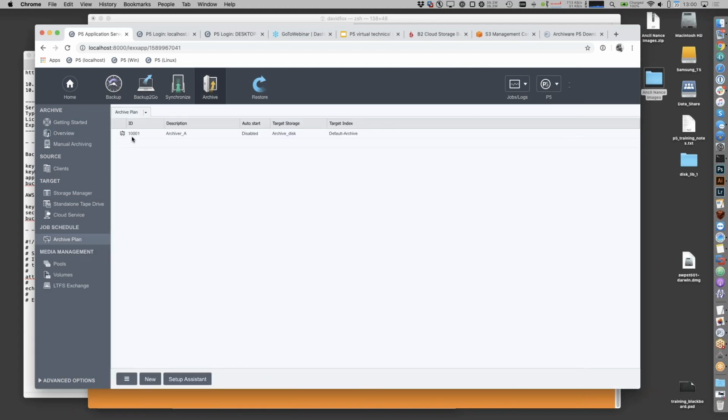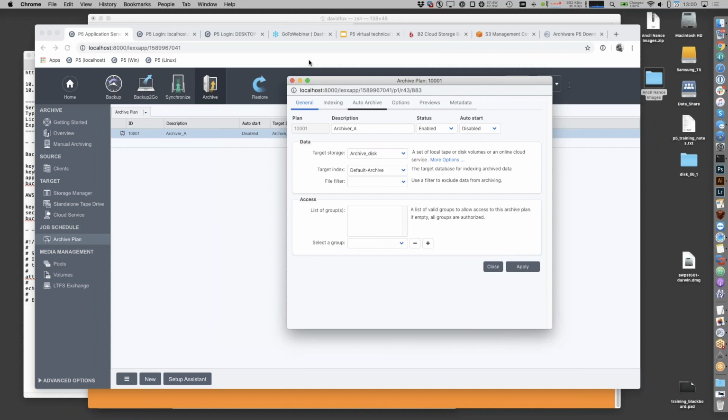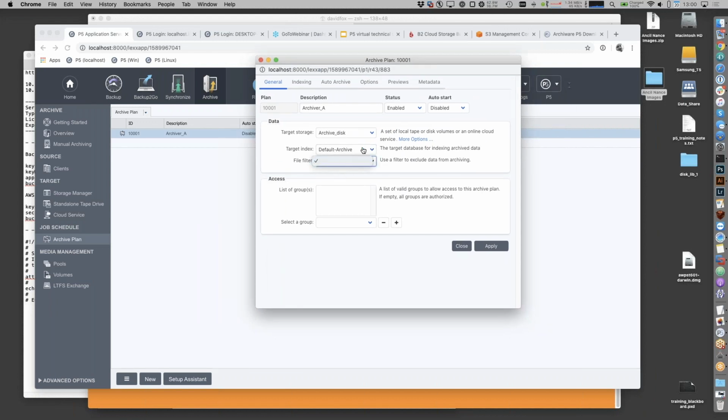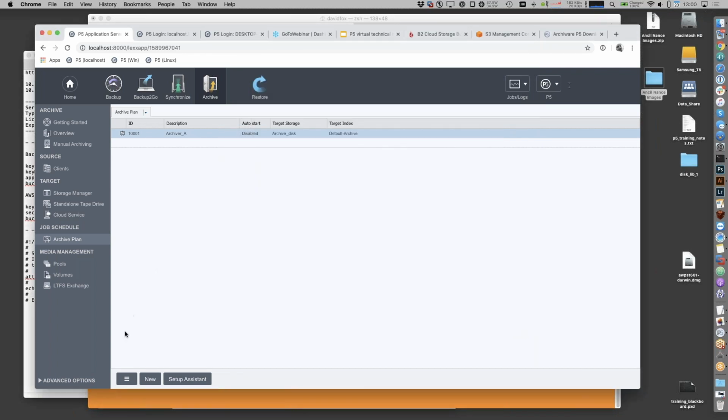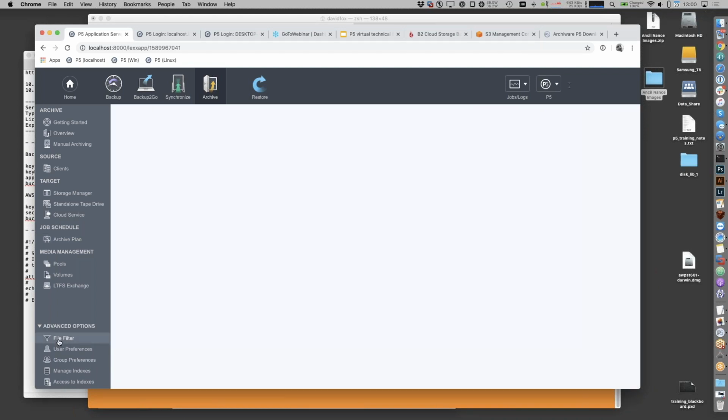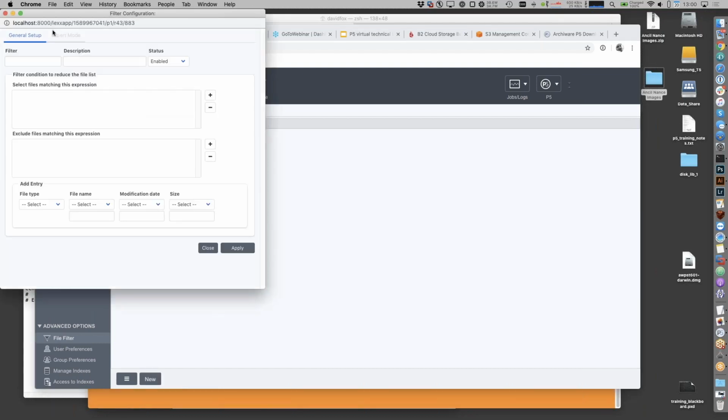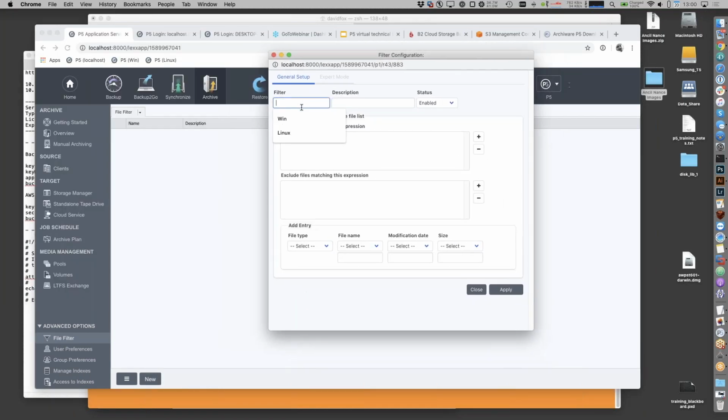Up to this point, I'd been talking a little bit about filters. Because you can attach a filter here, I thought now would be as good a time as any just to show you where these filters are configured. They are configured down here in advanced options, down bottom left under file filters. It starts off with no file filters configured in a new installation. So we create a new one, we give it a name, test, and we basically describe conditions. A condition could be something like file name ends with